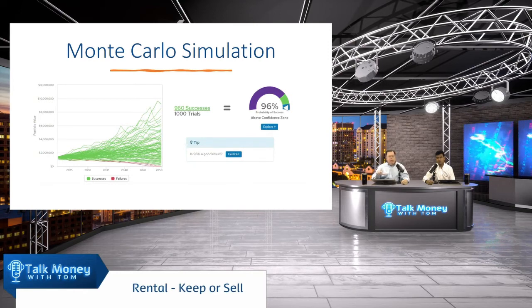I'm not going to guess. I'm not going to get out a spreadsheet. I can't do Monte Carlo simulation very well without this particular type of program. I'm not going to get out a pencil and calculator and try to figure it out. This is the better way to do it, as far as I'm concerned. Honestly, we used to do financial plans on a yellow legal pad and an HP 12C. I know what that's like, and I know how much better this information is and how much better the advice is now versus what we used to do.